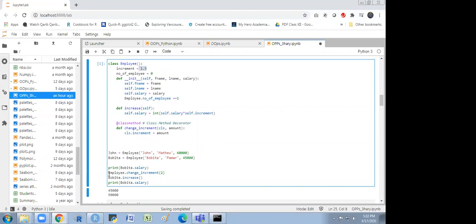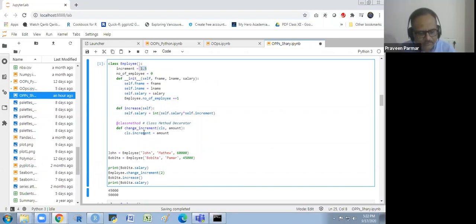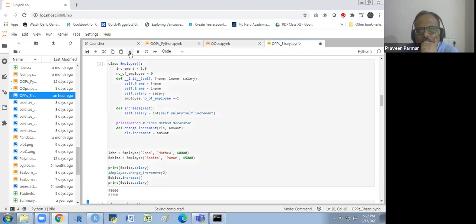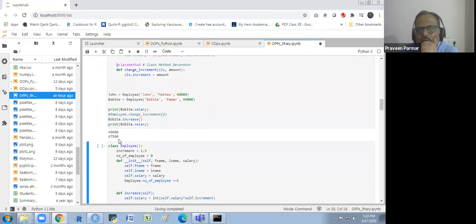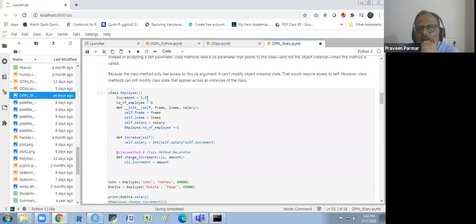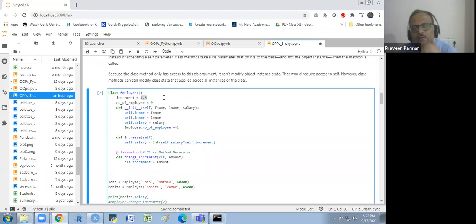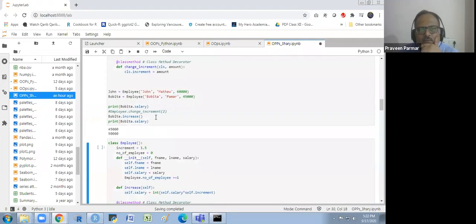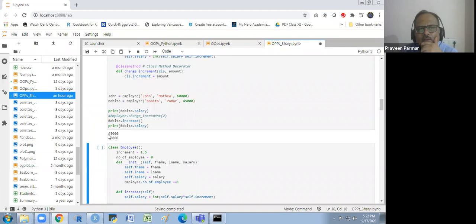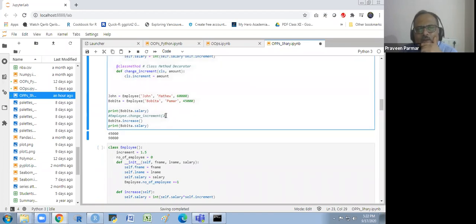If I comment this out, and then I see the Bobita increase, I will see 67,500, which is 1.5 of that. I could write here two times, so then you could judge it better. It is 90,000. And if I write here three times and I allow this,